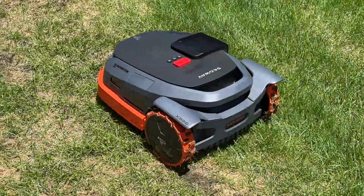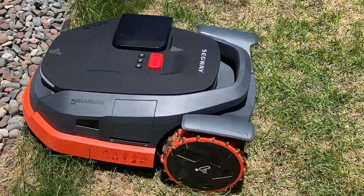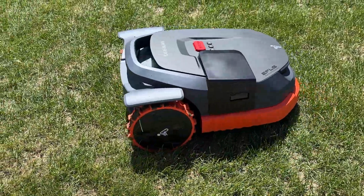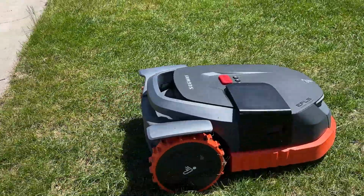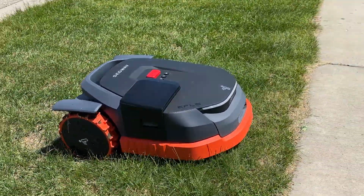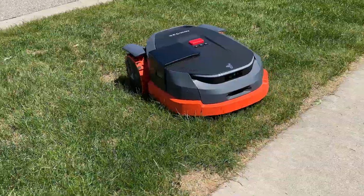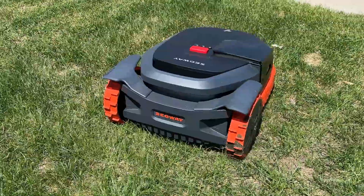I've been testing the Segway Navimow X3 series for a few months now, and let me tell you, this thing is built for serious yards. Segway, yes, the people who made those scooters, have poured a ton of tech into the Navimow X3. And as someone with a suburban yard, I was both hopeful and a bit anxious to see if it could